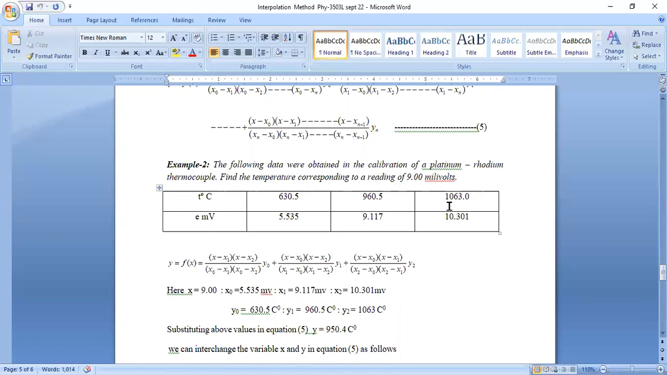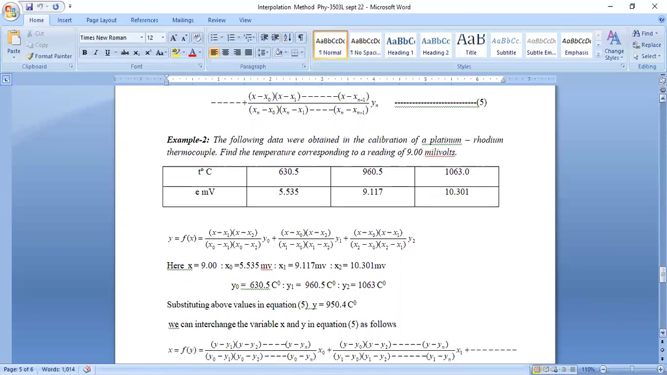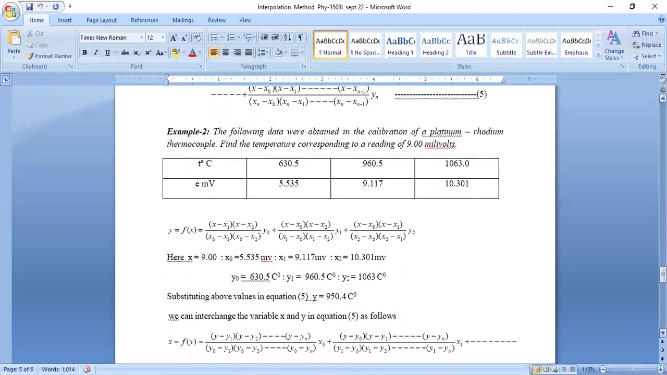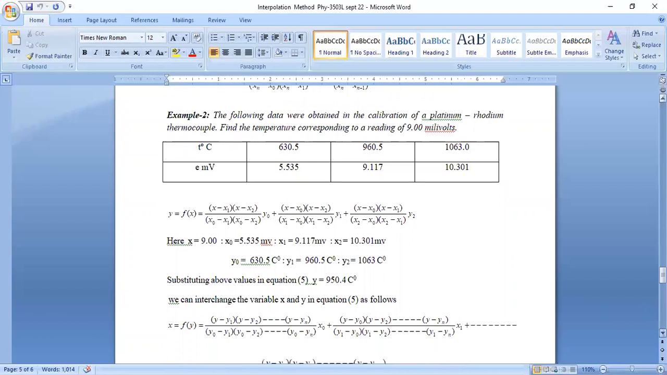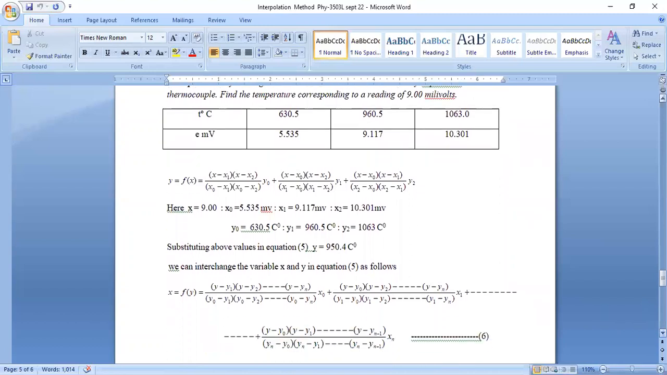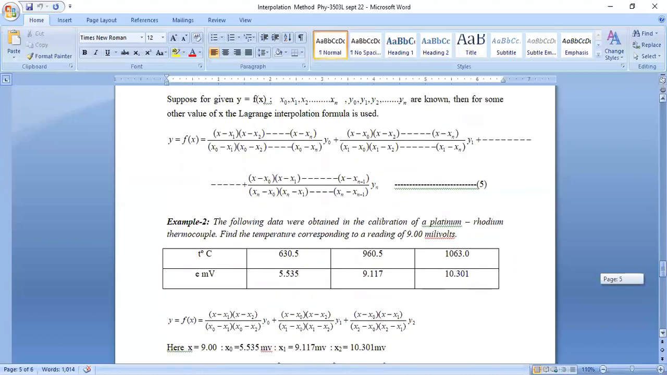So we have discussed two different methods: Newton's interpolation formula, forward as well as backward, for having equal intervals, and the Lagrange interpolation formula for not having equal intervals. And now this problem which is given, this example number 2, you have to include in the journal, and